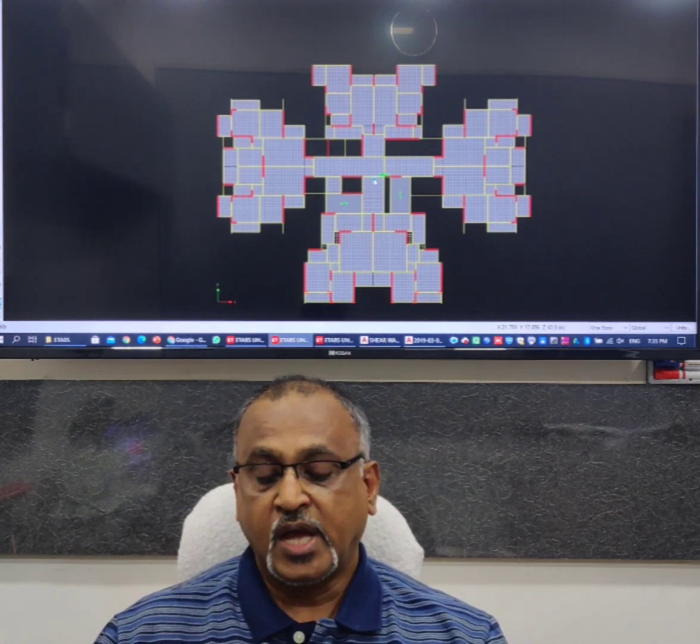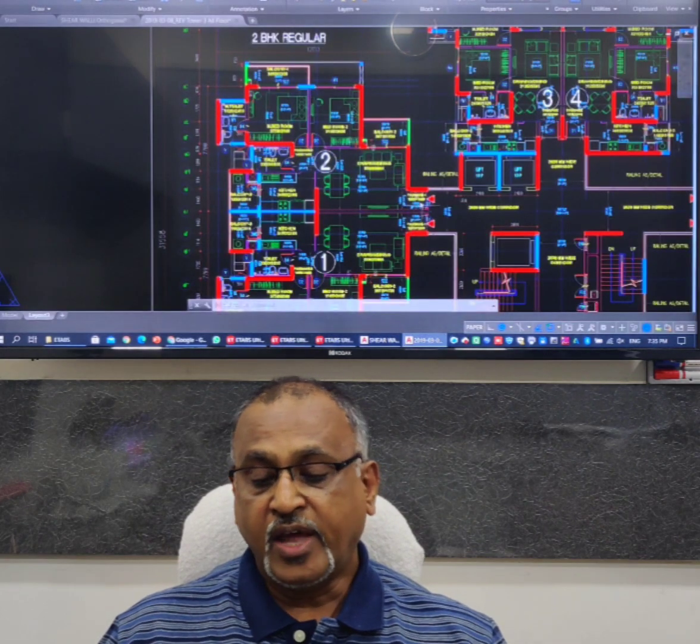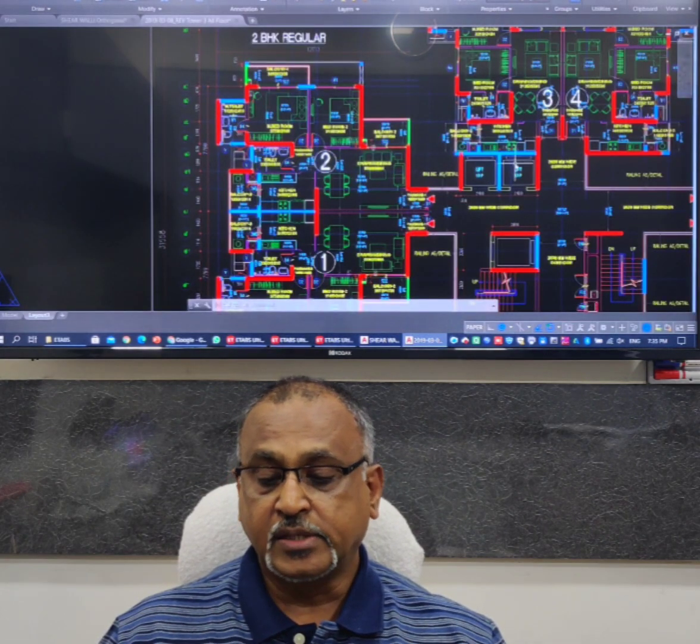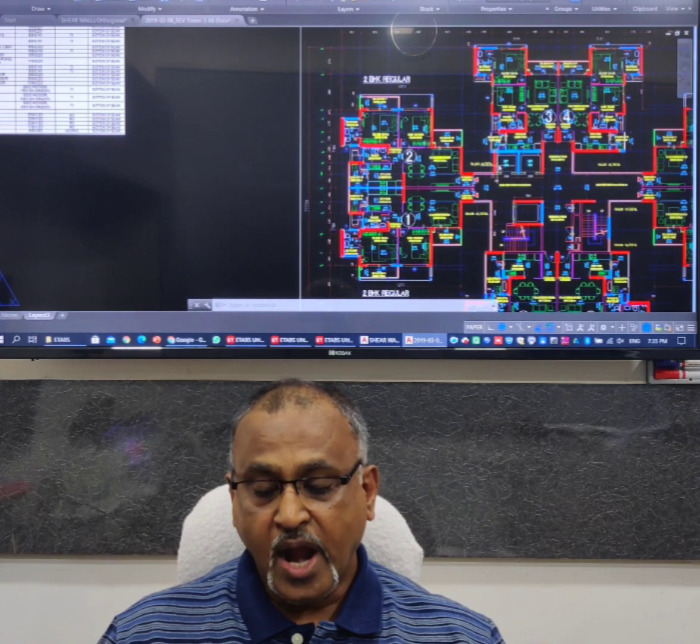So now naturally I need to look at the structure and I need to add some stiffnesses. Now adding stiffnesses, there are a number of ways. This is a much tedious part of any structural design office. You will require a number of iterations and all that. So for this purpose, let us look at the plan. Now if I look at the plan, I will notice that I want to add some stiffnesses. I will make it clear.